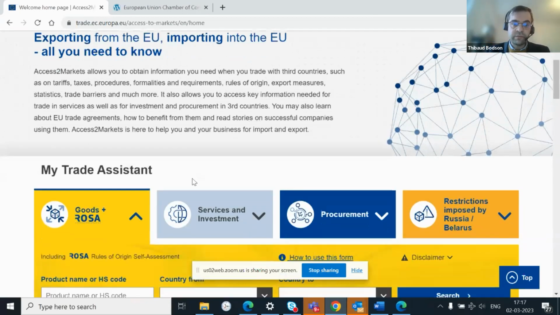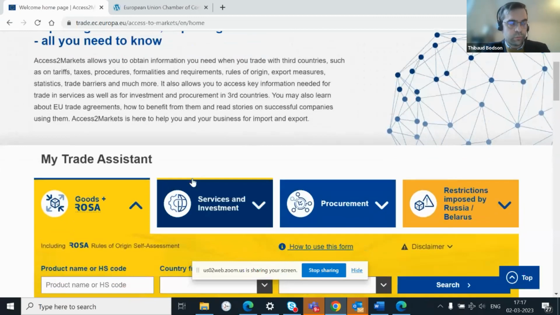Now on the coverage, on the scope, one has to know that for the time being, the coverage of my trade assistant for service and investment is rather limited. What do I mean here? I mean that we can find information for three different types of service sectors, namely legal services, maritime transport services, and accounting services.